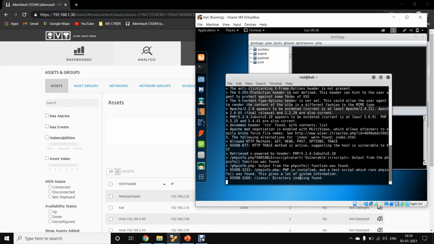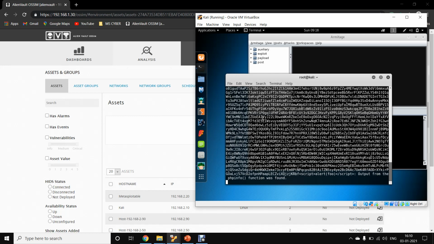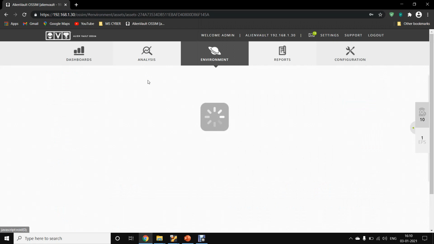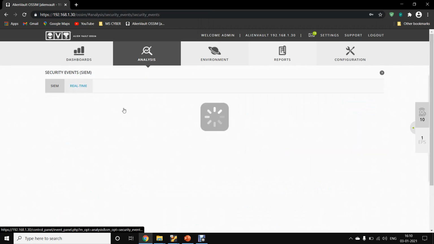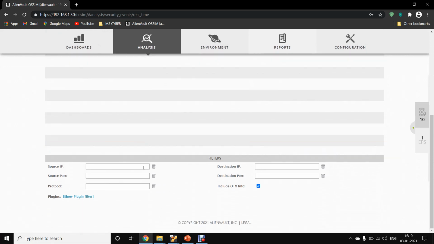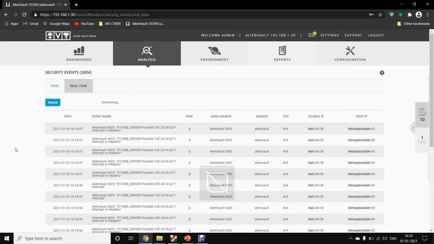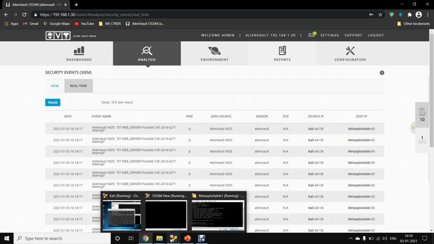So as we can see, it is scanning the system here. We will also be able to get the events in real time, because it is scanning each and every system, so the network can be traced. So Kali to Meta, as we can see, it is scanning each and every network packet, so we are getting events for each and every vulnerability.